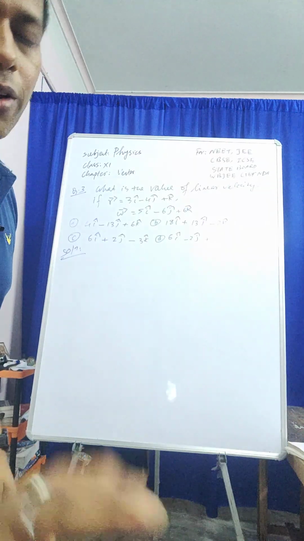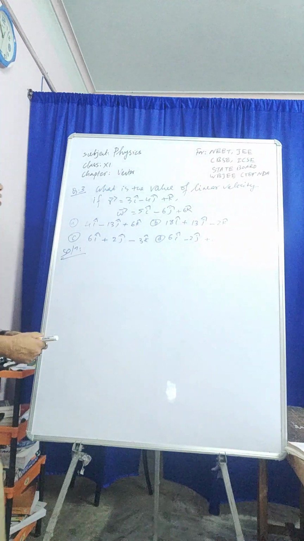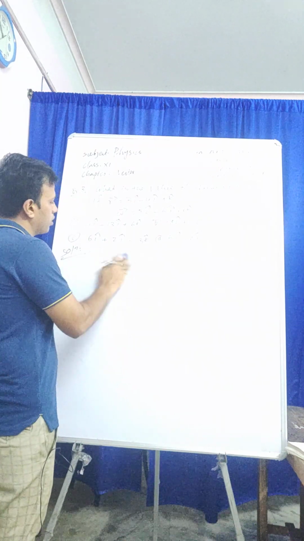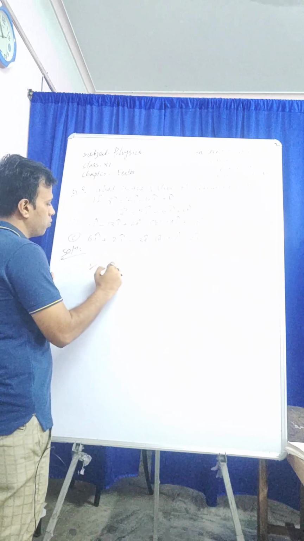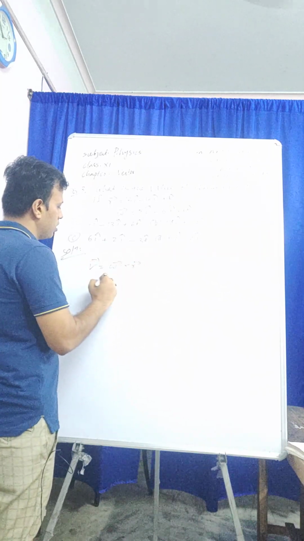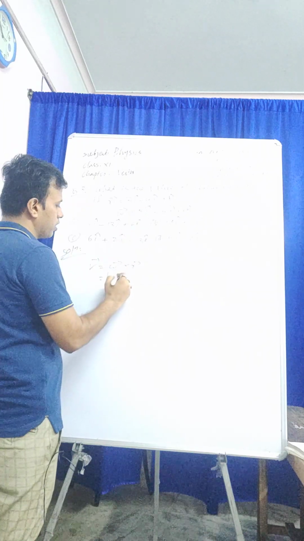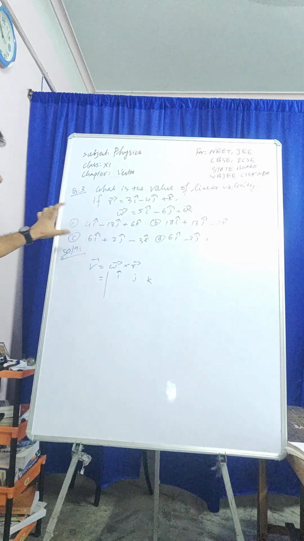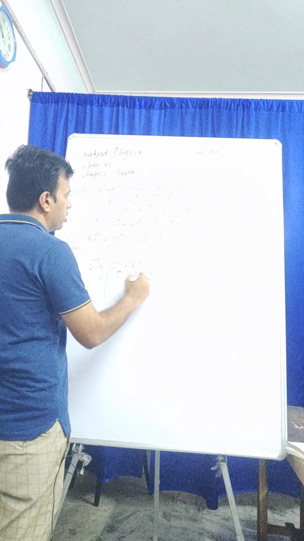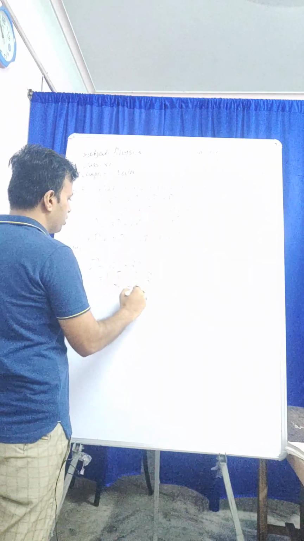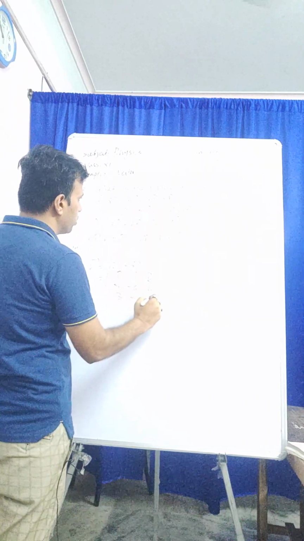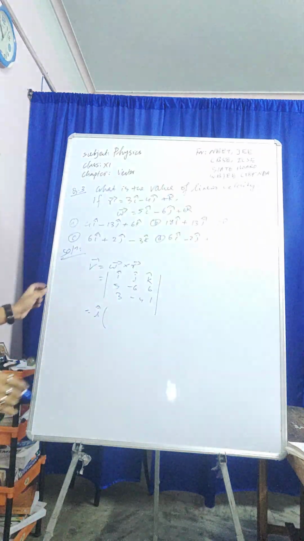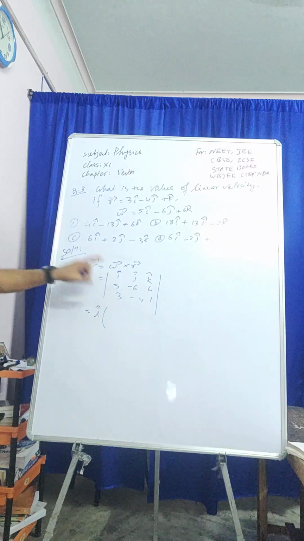Our next question is, what is the value of the linear velocity? R is given, R equals 3i. So we can write directly linear velocity v equals omega cross R. Omega here will be i, j and k. This is nothing but the vector product or cross product. I first write i, j, k, and then the value of omega is 5, minus 6, 6, and then R is 3, minus 4 and 1. So we will use the determinant method here.